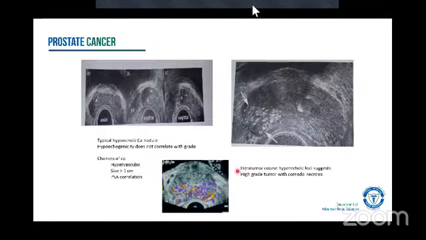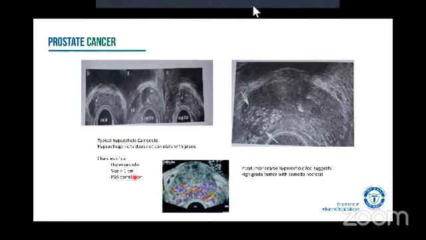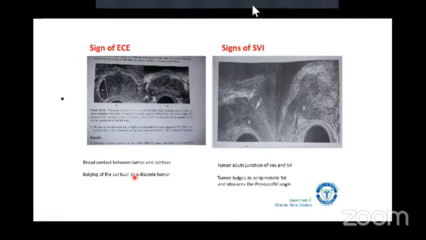Of course, it helps if it is hypervascular on the Doppler, if the size is more than 1 centimeter, and if the PSA is elevated, definitely this is going to be a malignancy. This is how you can pick up malignancies. You are doing a transrectal ultrasound for some other pathology, maybe prostatic calculi, maybe for a benign enlargement of the prostate, and you find a hypoechoic nodule.